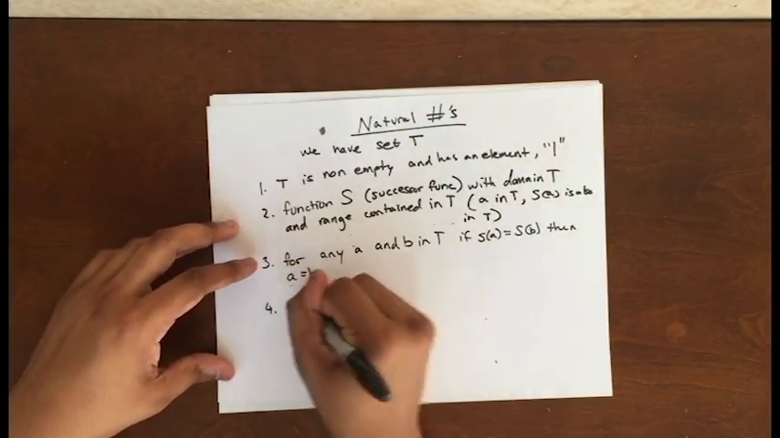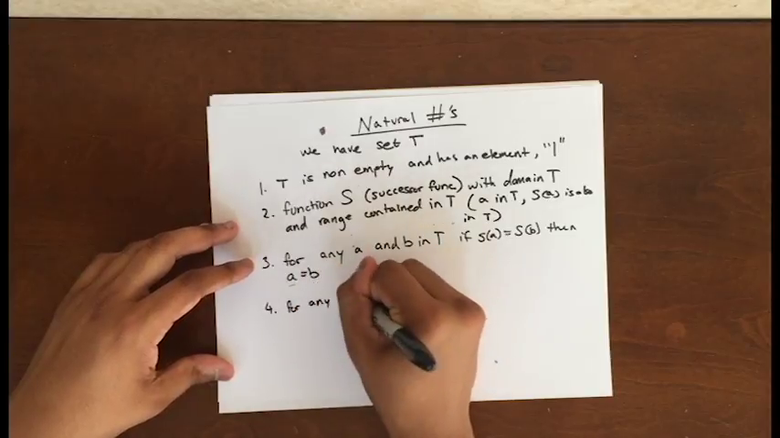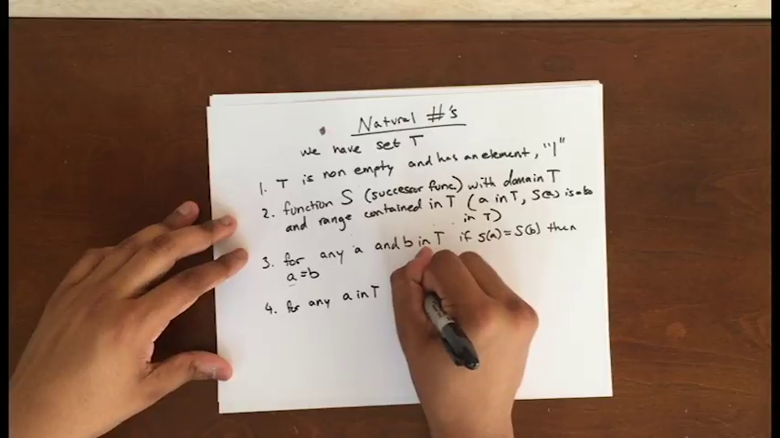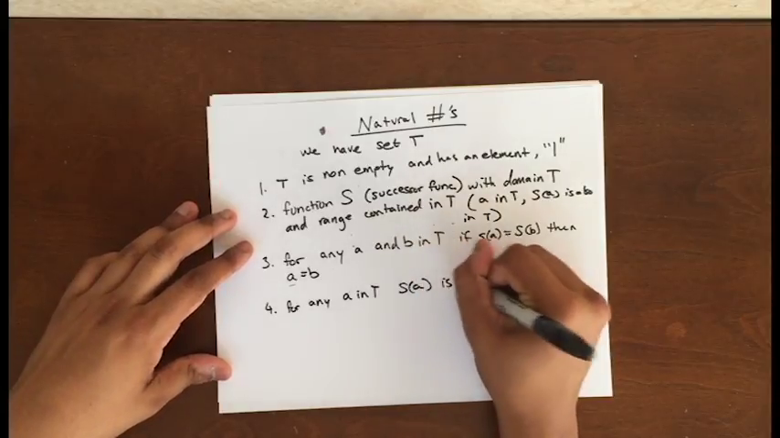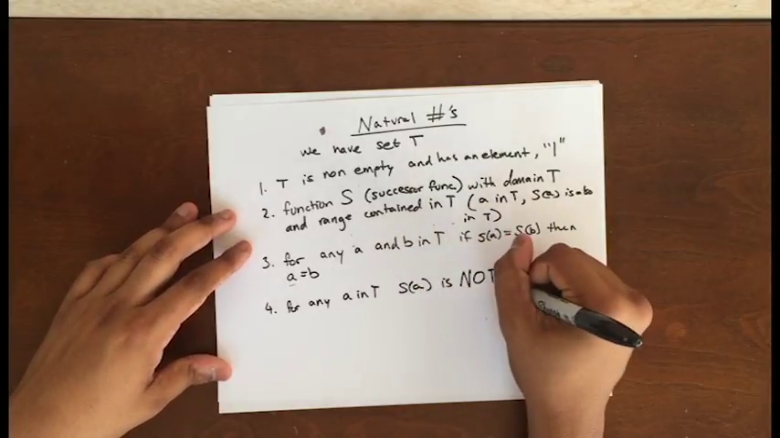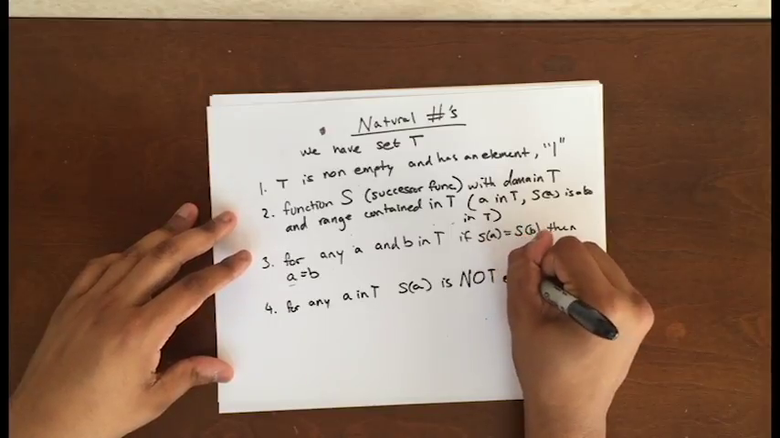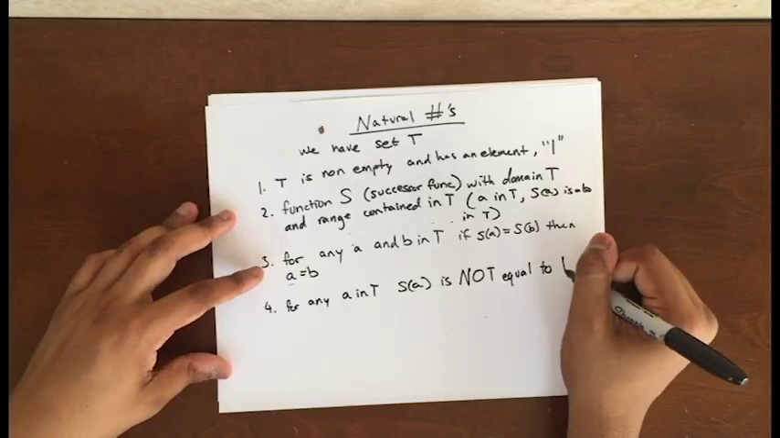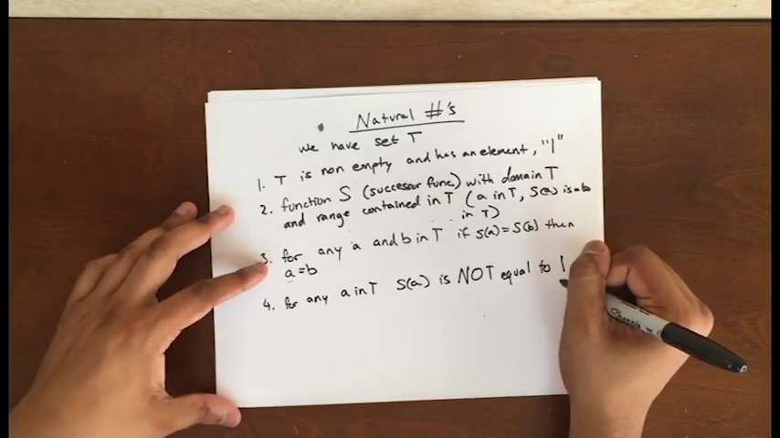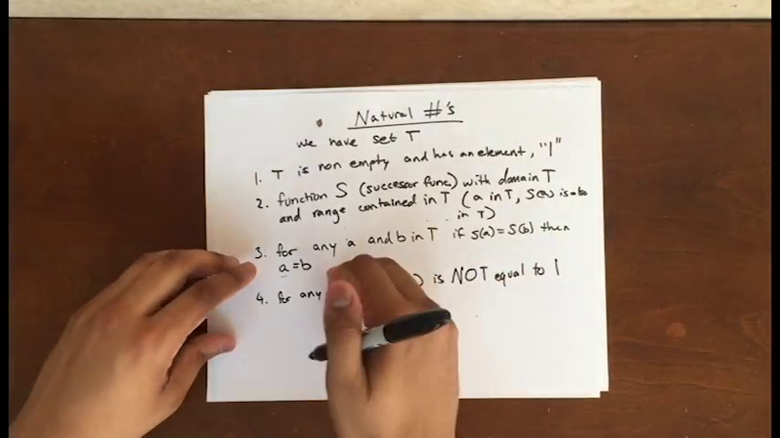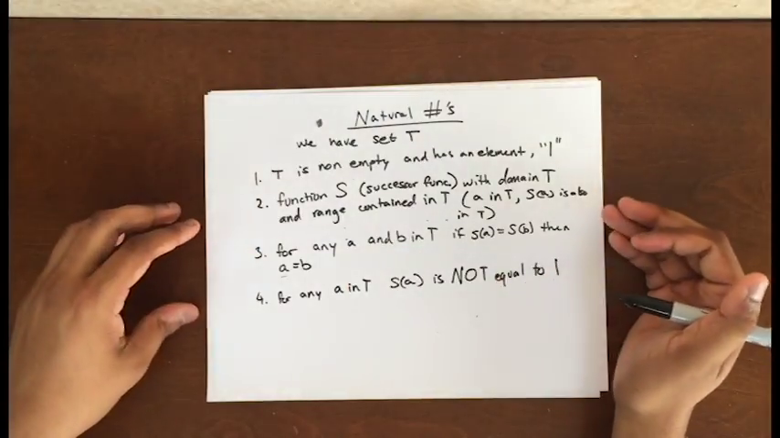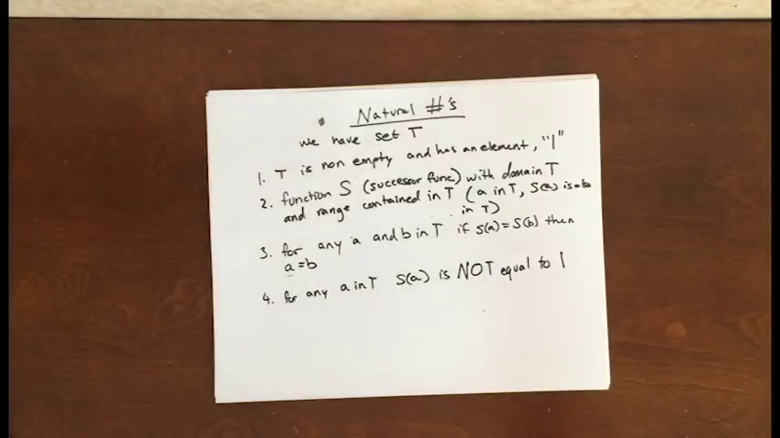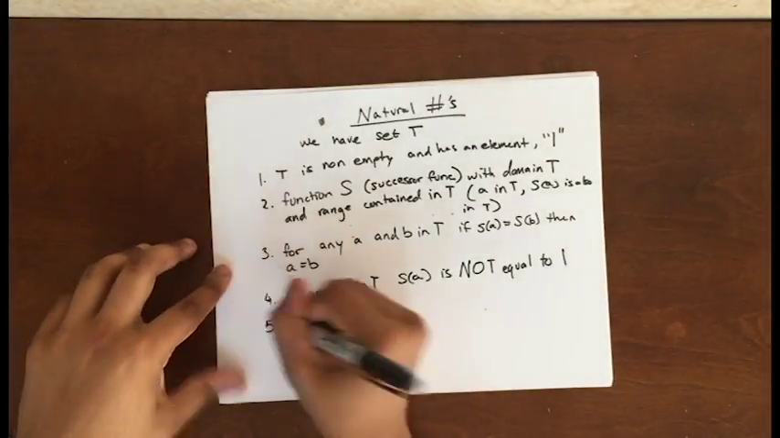4, for any A in T, S of A is not equal to 1. Okay, so basically, if you apply the successor function to any element, you're never going to get your original element, the starting element, 1 again. And then 5,